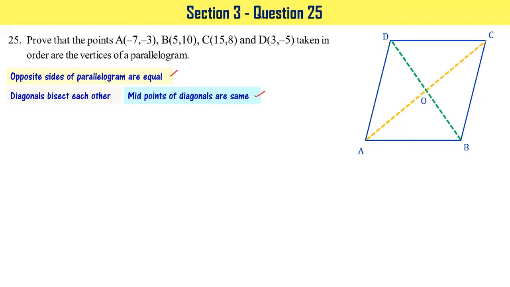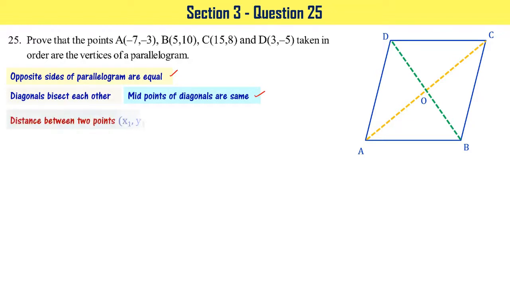Because from the coordinate geometry chapter, you can find the distances to see whether opposite sides of the parallelogram are equal or not. And we know the midpoint formula, right? We can see whether the midpoints of the diagonals are the same or not. That's why we chose these two properties. Otherwise, there are many more properties. At least 3-4 other properties will be there to identify whether a given geometry is a parallelogram or not.